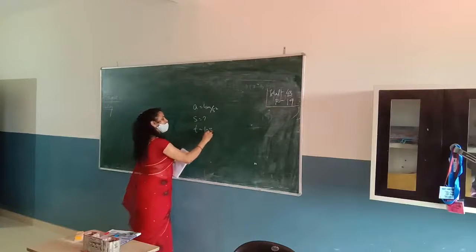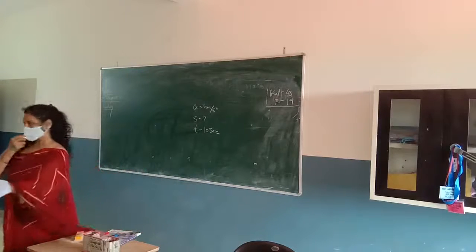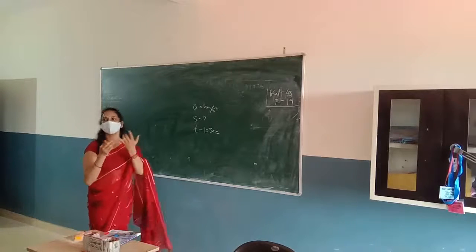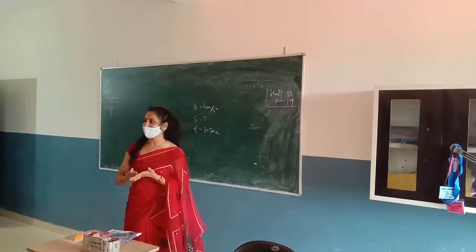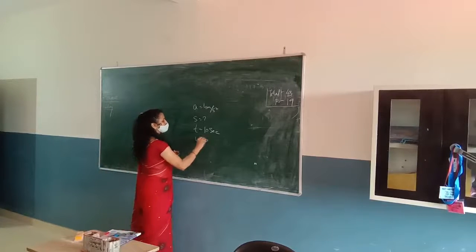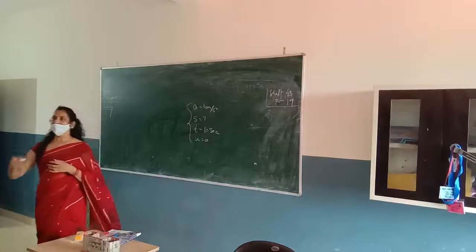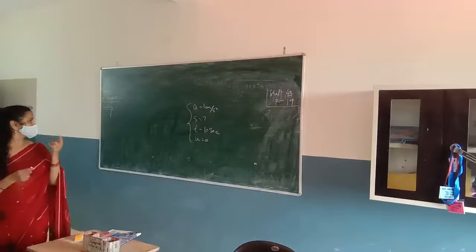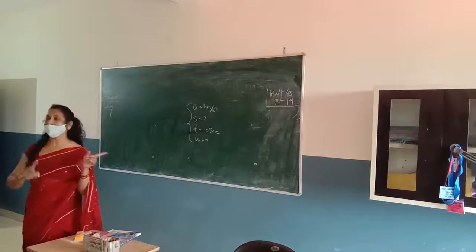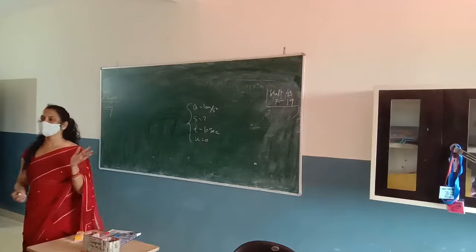Time is 10 seconds. Just after the start, it means initial velocity is 0. If in question it is given that just after the start, the meaning of this is initial velocity u is equal to 0. So you have u is equal to 0. Which equation of motion will you use for finding s? The first equation is v is equal to u plus at. If you use the first equation, you can calculate v, not s, because displacement is not there in the first equation of motion.